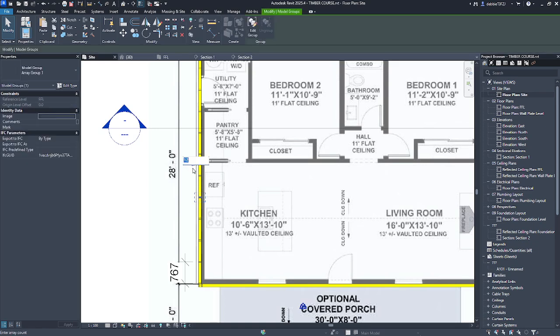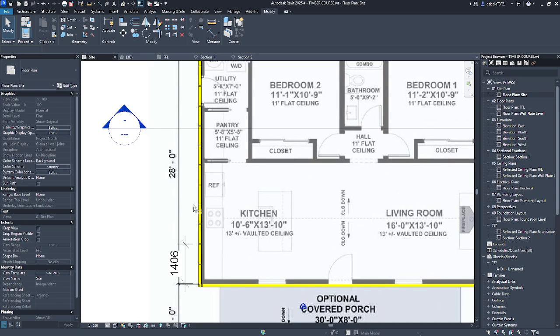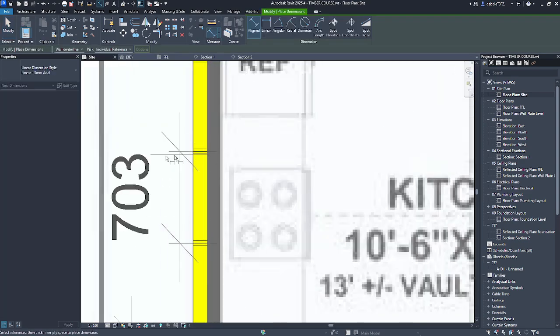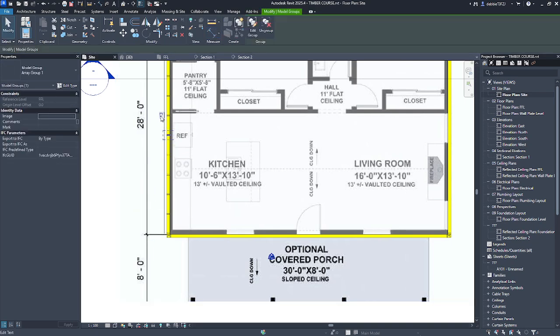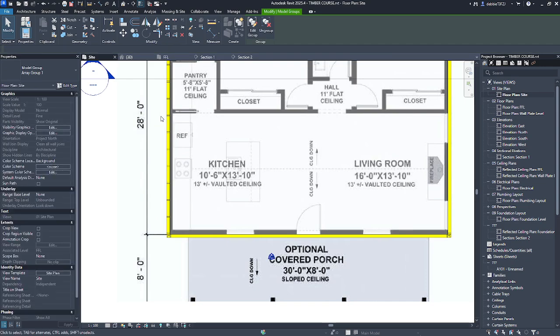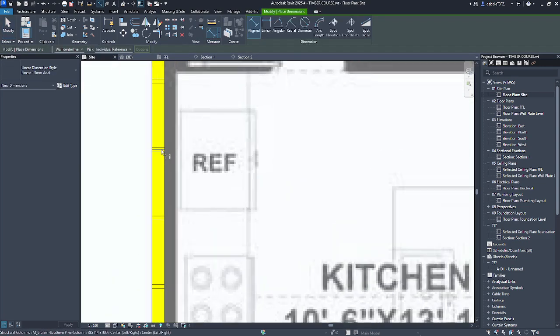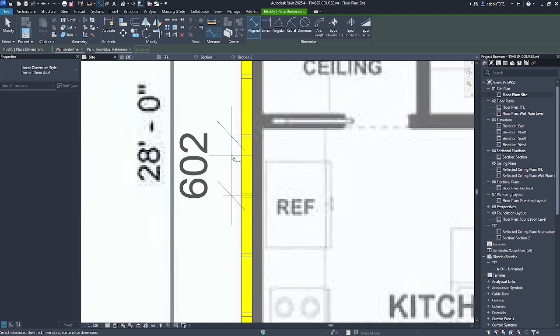Still over our prescribed amount of spacing. Let's check it again, 700. Just delete that dimension. Let's go with 15. Third time's the charm, 602.